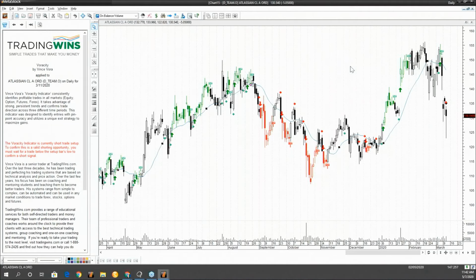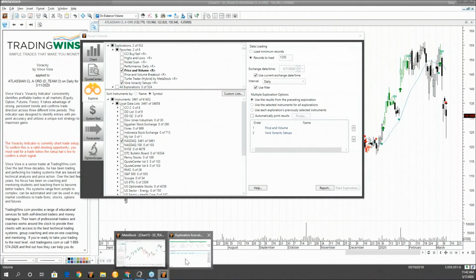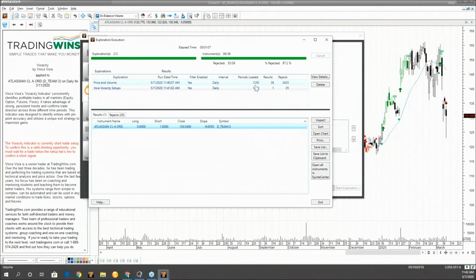The other thing that Vince does go over is the Explore reports window. A lot of times I get this question. Let me bring it back up, and I'm probably going to bring Jeff Gibby on because he explains it a lot better than me. A lot of people are looking for this slope value, and from what Jeff has explained to me, it's a rise-run calculation. I don't really pay attention to it too much, but Jeff, do you mind chiming in and explaining that a little better so people can understand what the slope means?